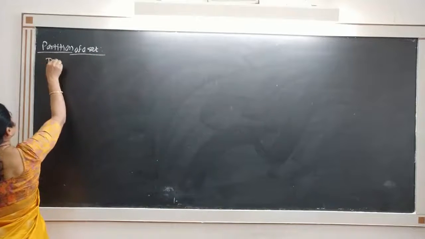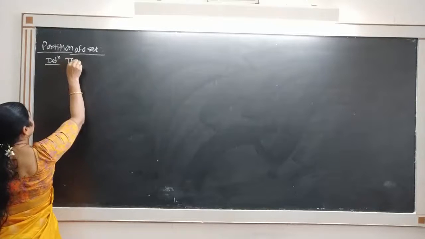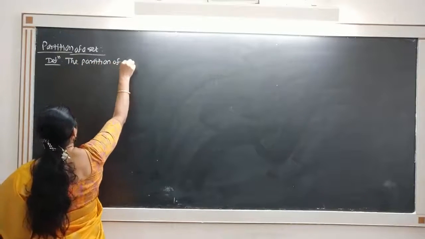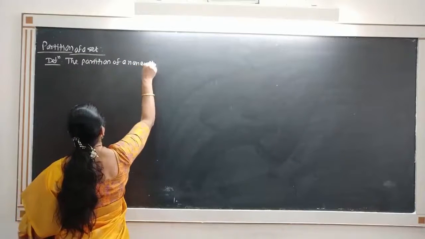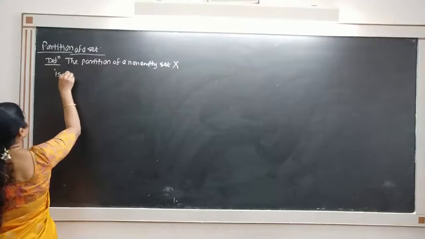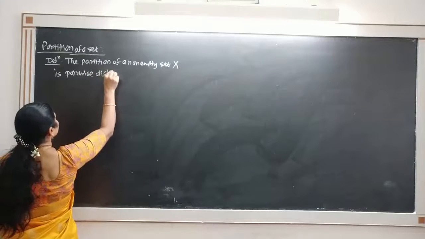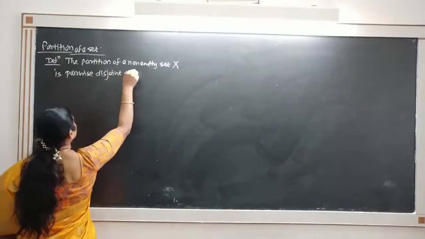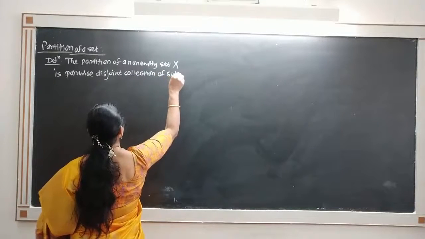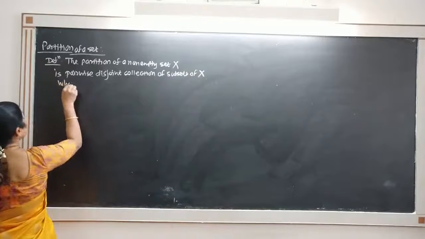So the definition is: the partition of a non-empty set X is a pairwise disjoint collection of subsets of X whose union is X,